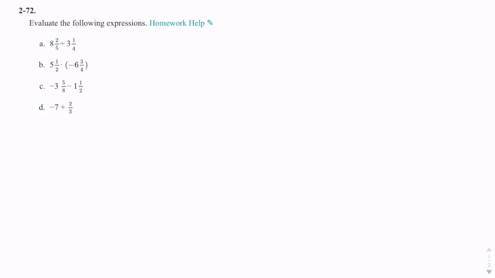Okay, for 72, we need to evaluate some expressions. My recommendation, whenever we have mixed numbers, change them to improper fractions, right? Okay, so A. To change 8 2/5 to an improper fraction, it's 8 times 5 plus 2. So 42/5